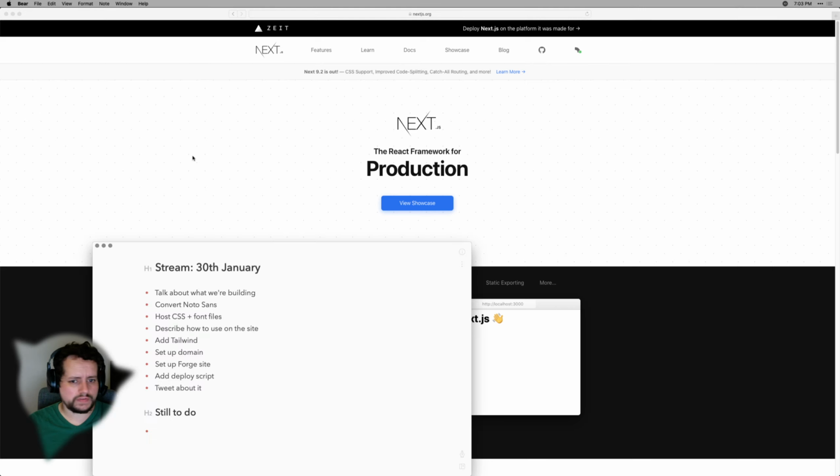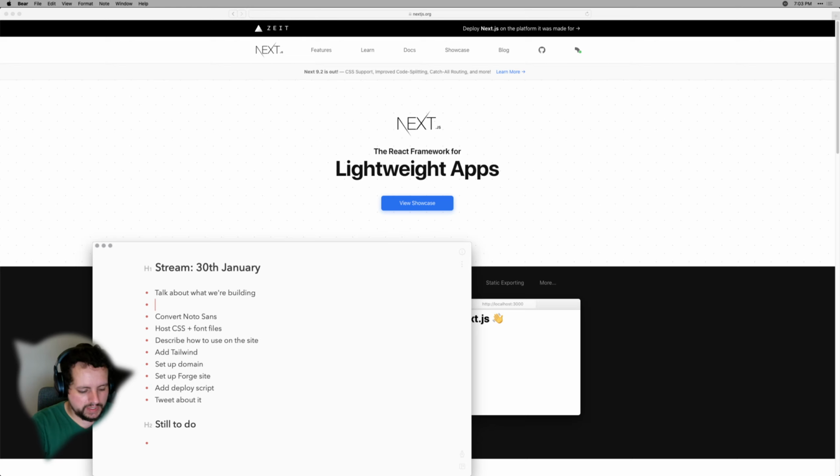I do have a list of things I want to get through, so talking about what we're building is what I'm busy with, but to start off with, I guess maybe set up the Next site is sort of the first thing I'd like to do. Then I'm going to have to find one or more font faces to download from Noto Sans or Noto Serif. I prefer the Serif one, actually. So download some font faces for Noto Serif,